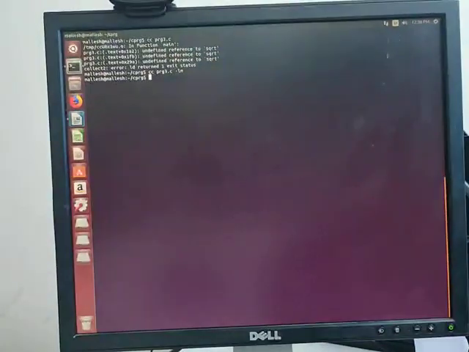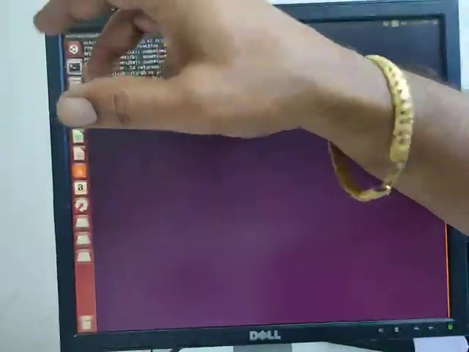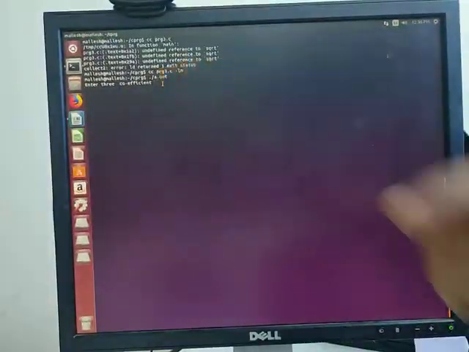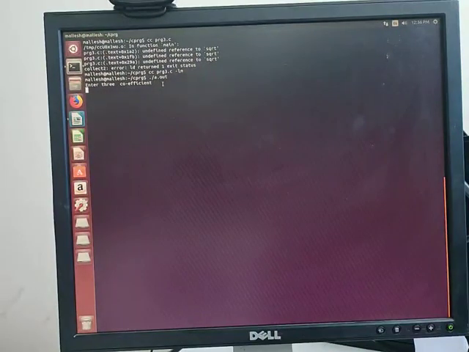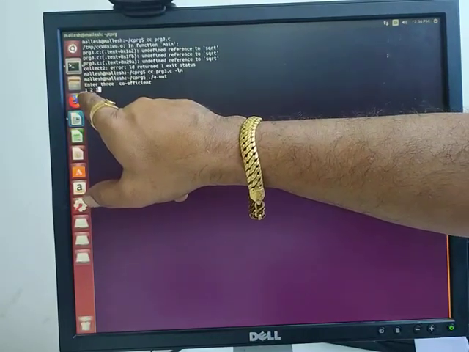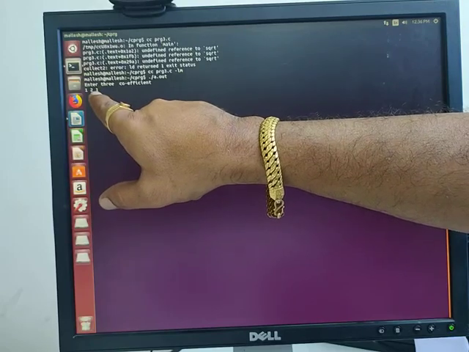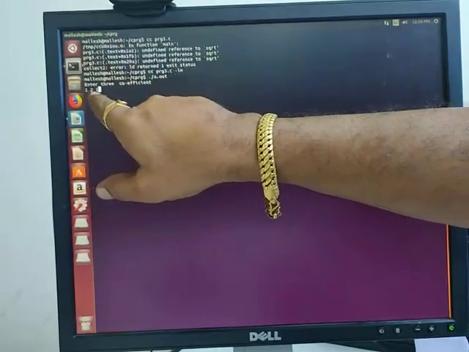Now run the program. How to run the program? As I told you, ./a.out. It is asking to enter 3 coefficients. Here we need to give the 3 coefficients. Let me give the values like this: 1 2 1. So 1 is for A, 2 is for B, then 1 is for C.